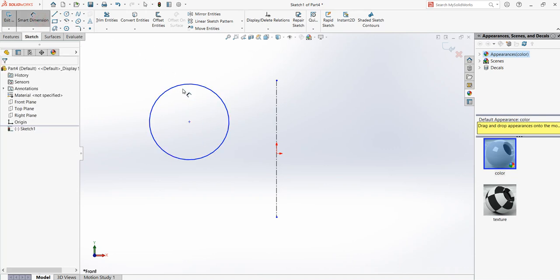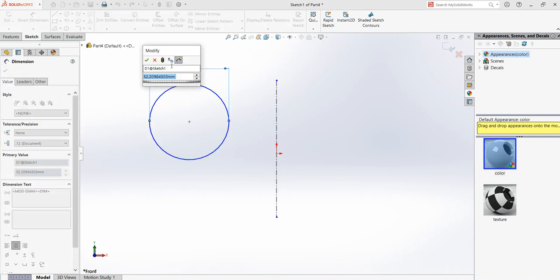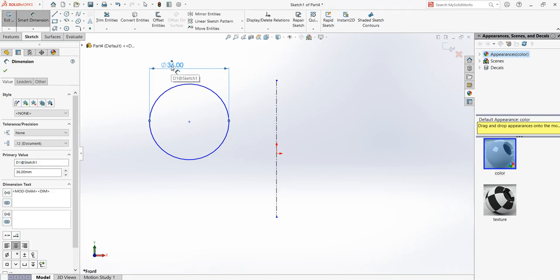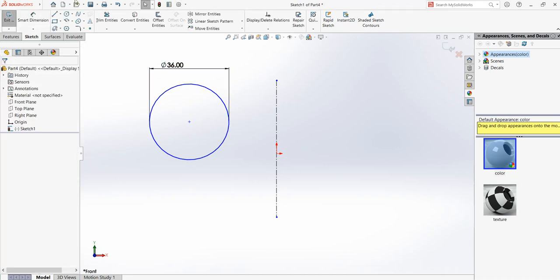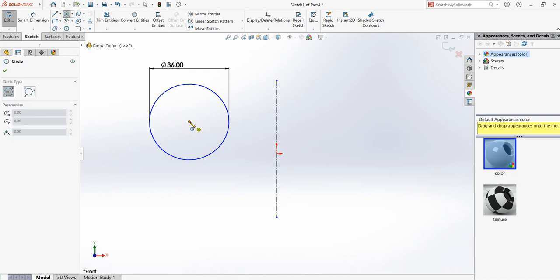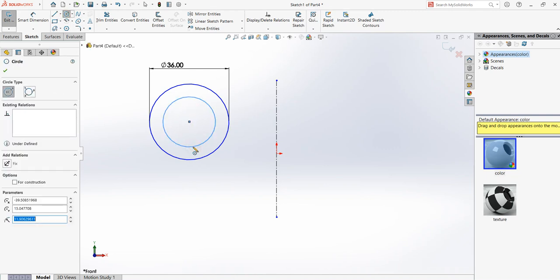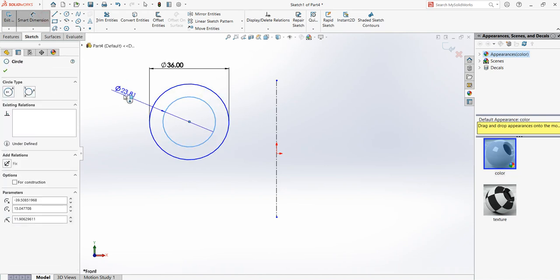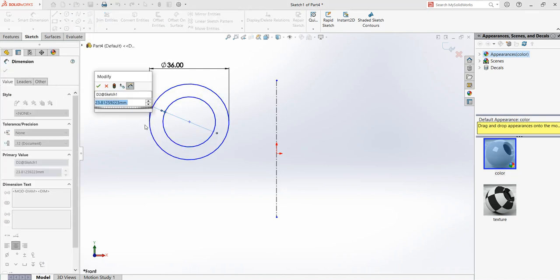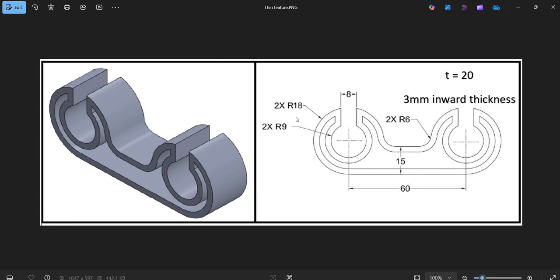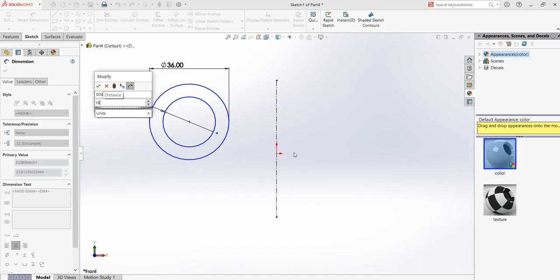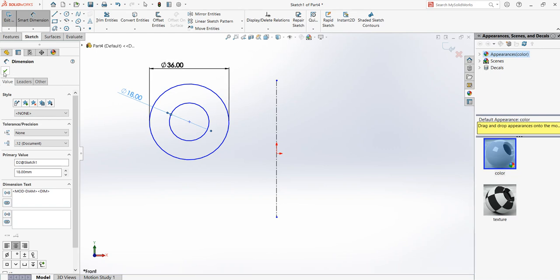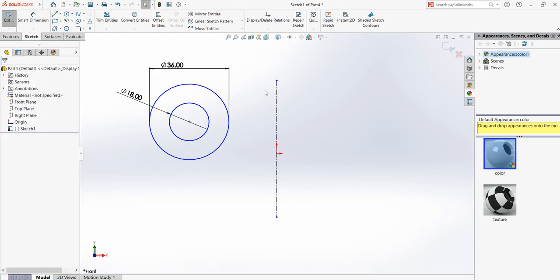This one is going to be, okay, that is diameter, so it is 36. If its diameter is 36, then another circle with the same center, which is also a diameter, so this is going to be 9 multiplied by 2 because 9 is the radius, so that is 18. Okay, now